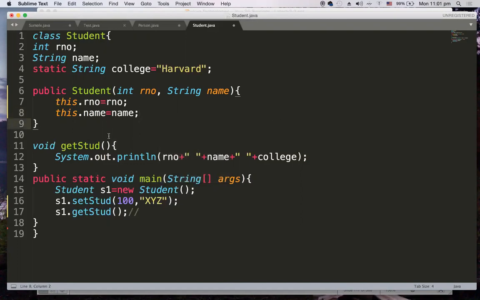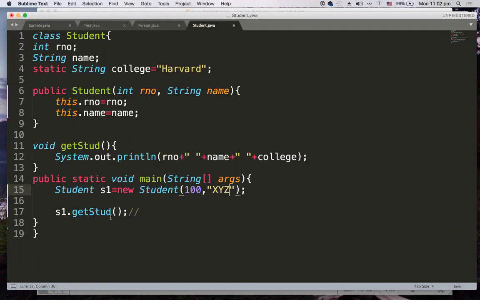Now I don't require s1 dot student. This is not required because we have removed that, and we have a constructor. So whenever you say Student s1 equals new Student, your responsibility is now to pass the arguments. The arguments are 100 and xyz.